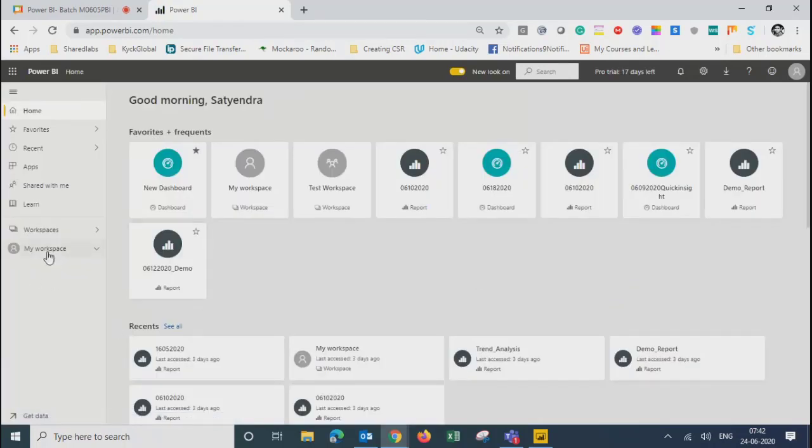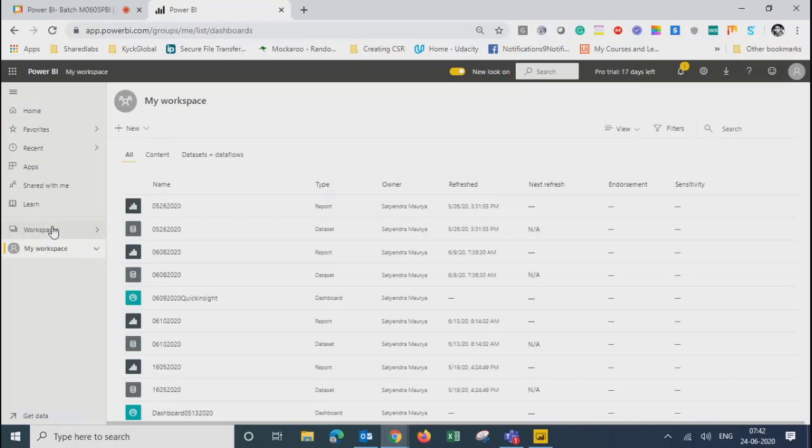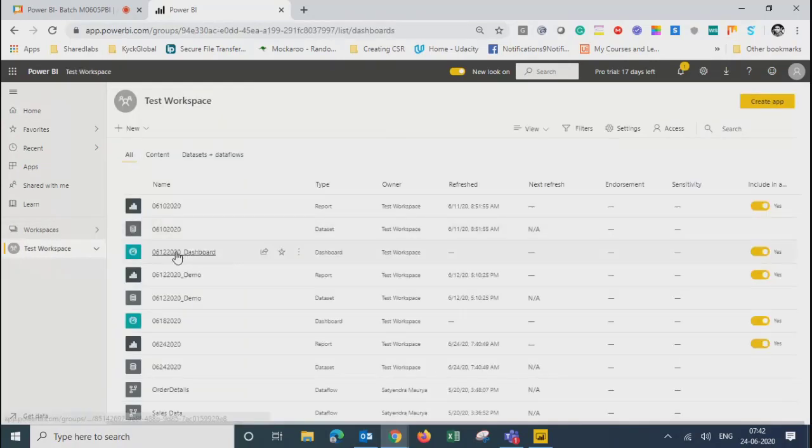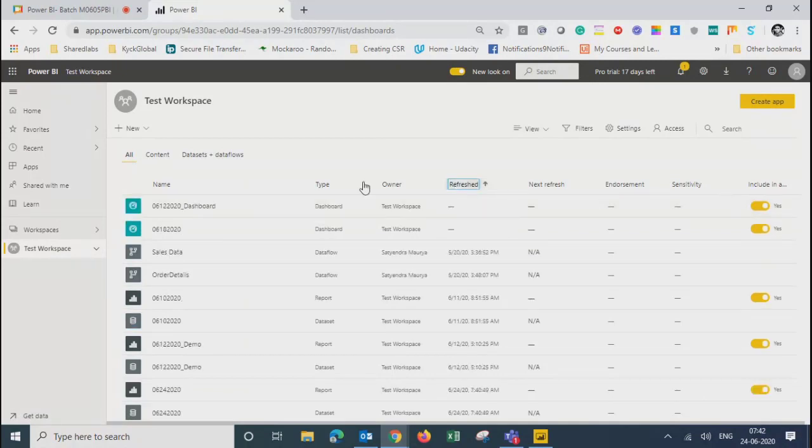Okay, so under Workspaces, then my test workspace, and under this, today's date, this 24, 624. That is what we created just now. So I'll click on this report.